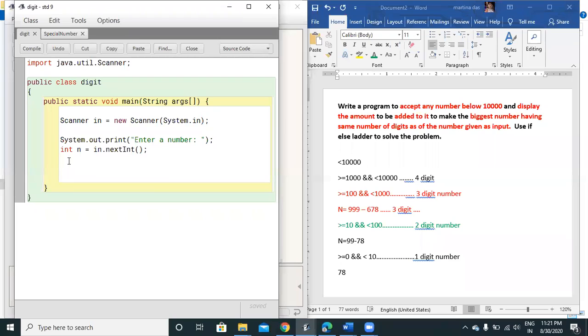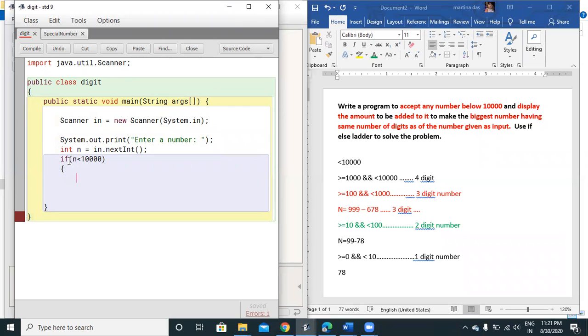Now as I had defined the logic, according to that I will write my first checking. If the number that I have entered, n, is less than 10,000 or not? Because my question says that I have to accept a number below 10,000. So I start my if statement.